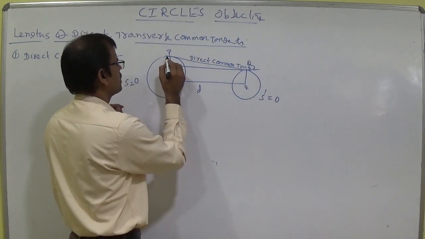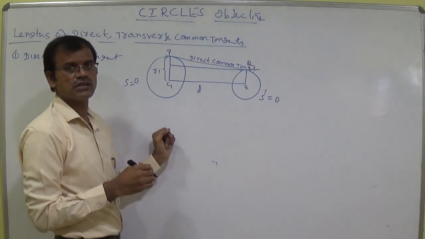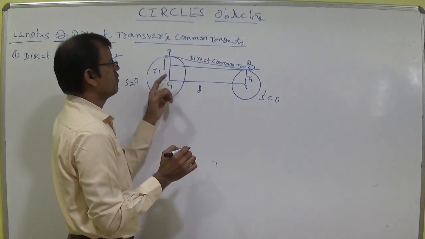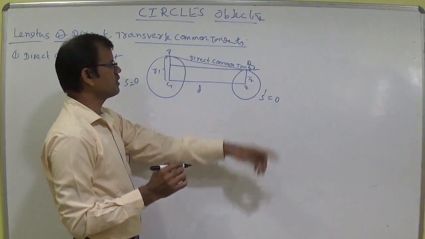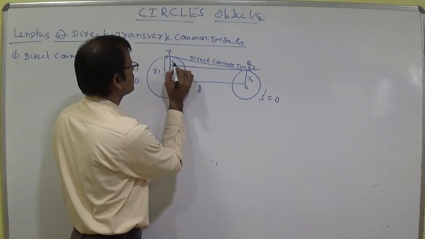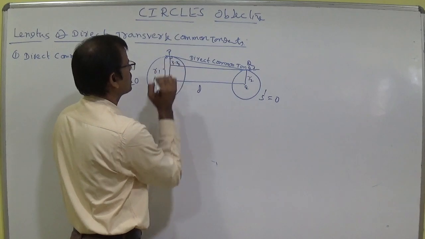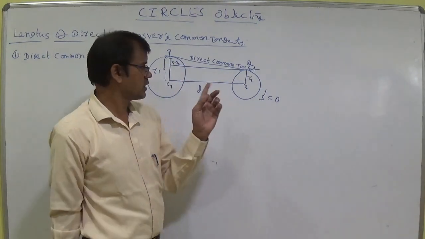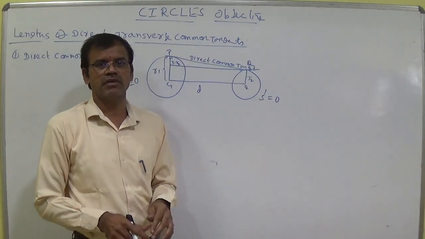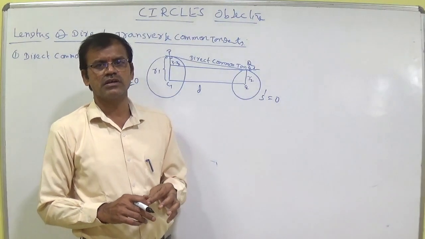Now this is R1, because from the center to any point on the circle is called the radius. This is R2. Whatever part is taken from R1, this part becomes R1 minus R2. You can write here, this is R1 minus R2. We know that this is a right angle triangle because it is a diameter. When C1P is extended until here, it becomes a diameter. Every diameter divides the circle into two equal parts, which are semicircles. We know that the angle in a semicircle is 90 degrees.